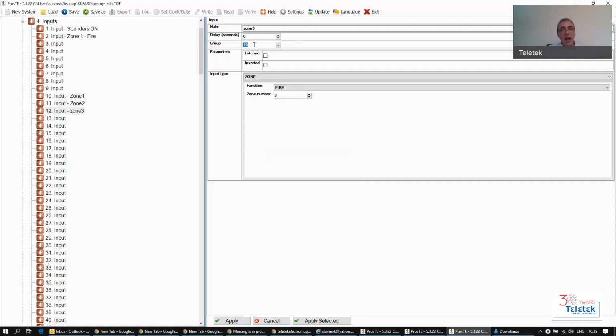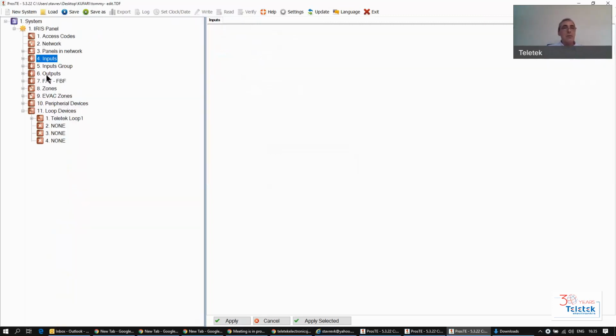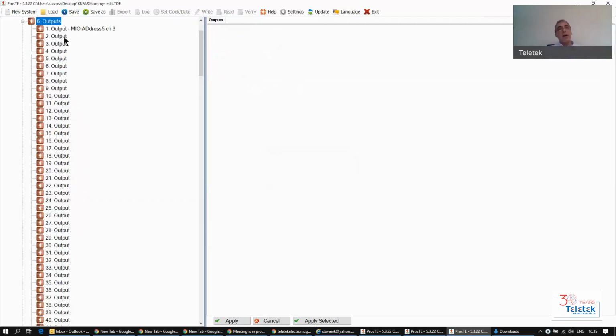I mentioned hundreds, but for some reason I put 10. I don't know why. I'll change it here to 100, just to better differentiate the example. So I'm going to outputs. I want to activate my output